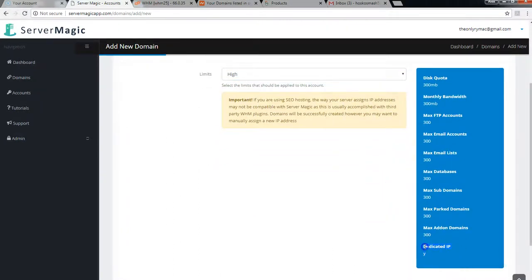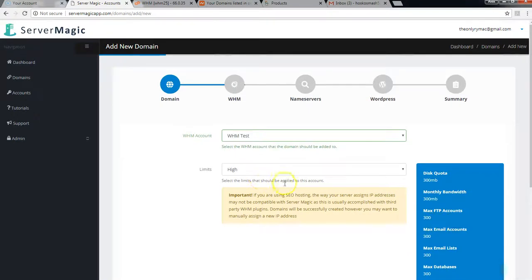Now again, this says this will change your IP address, but this is only for, most of the time, dedicated servers and VPS servers. If you are on a shared or SEO hosting server, this may not work for you. So please, if this does not work, note that this could be the issue and that WHM does not use internal IP address changing software. It uses plugins to help it